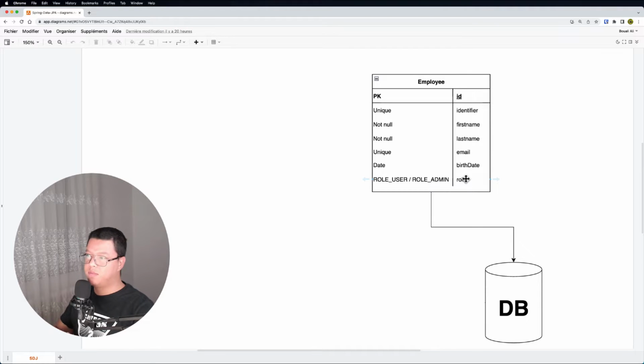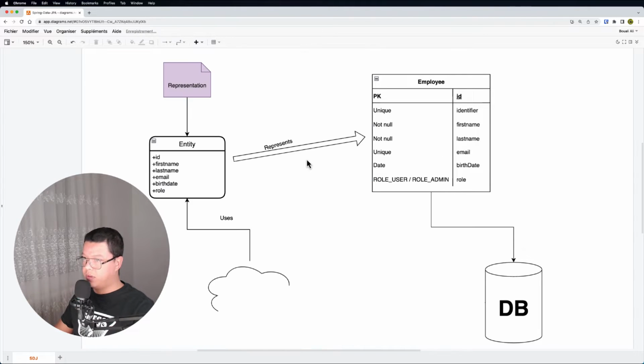Also, we have the other possibility, and this is why we are here today. We can create an application. We can create, for example, a Java or Spring application that will communicate with our database and it will perform many actions like saving, deleting, reading the data, and so on and so forth. Now, when we move on to designing our application, the first thing that we need to think about is to have a representation, a Java representation, for each table. And here, let me show you this one.